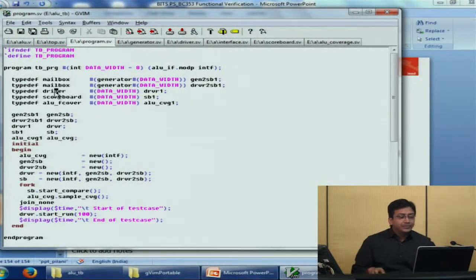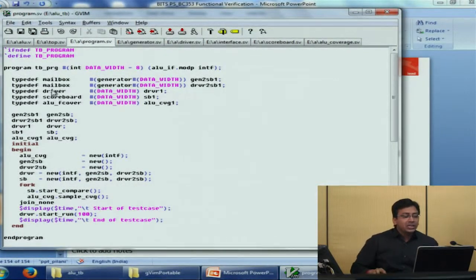After that, the program, since the TB, as we have seen earlier, the different components of a TB are a generator, a driver, a couple of mailboxes if required, a scoreboard, and a coverage block, a functional coverage block. It will also have assertions, and assertions are embedded in the interface as well. Assertions can be written in a separate module which can be bound to the interface, and they can also be written inside the interface file that we have done.